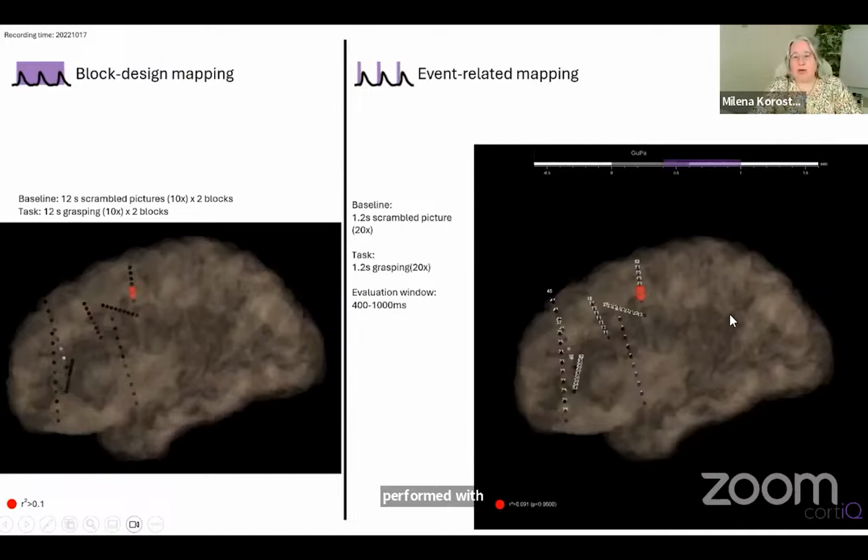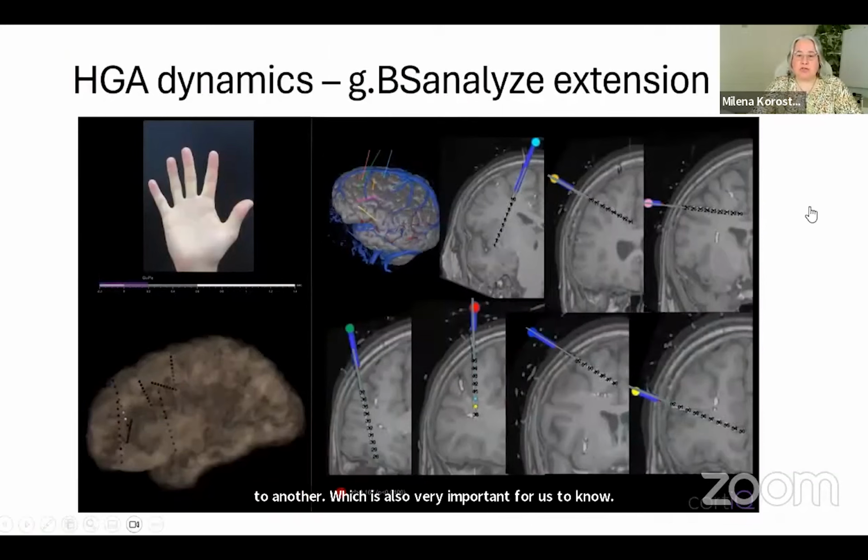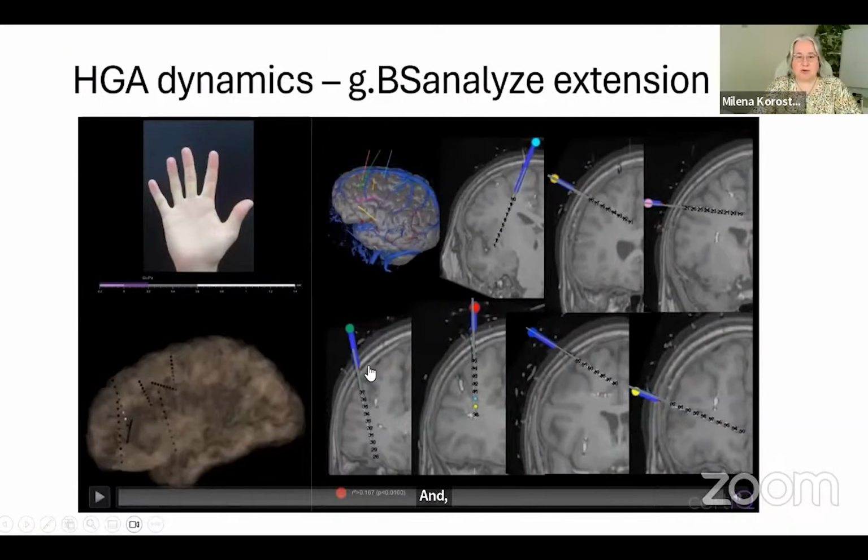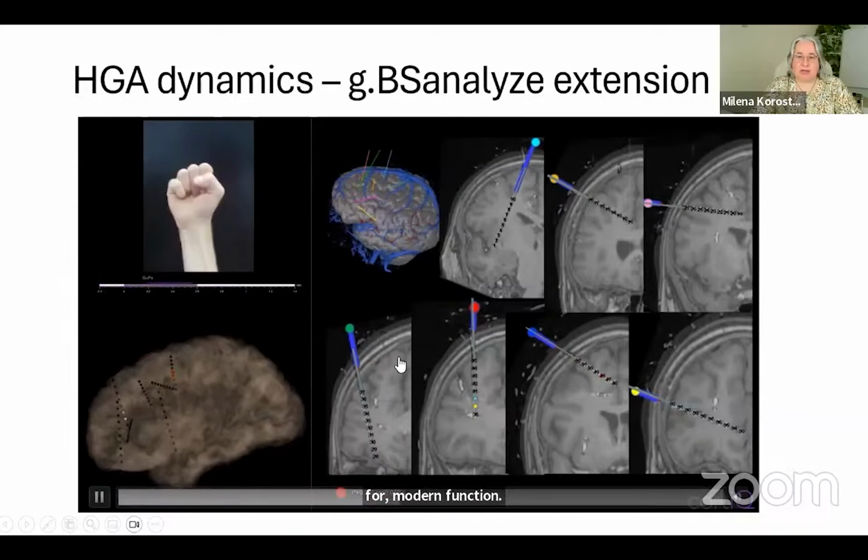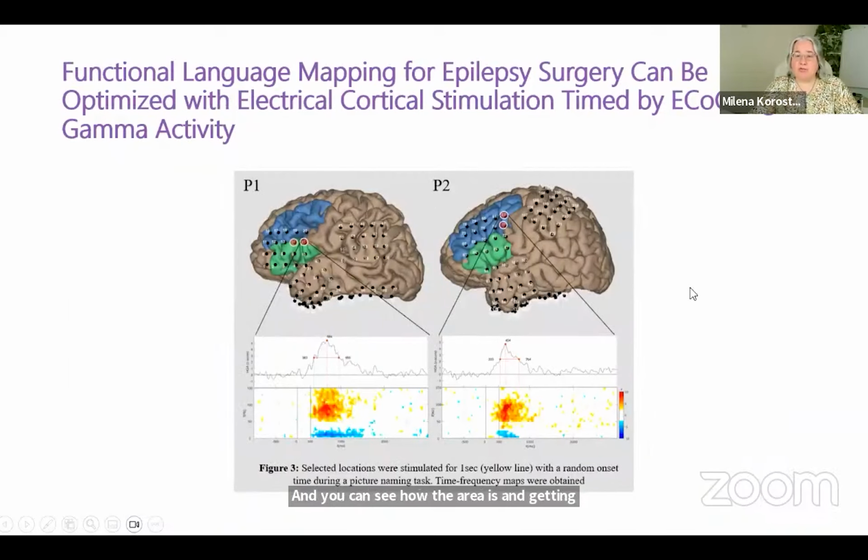So why do we need that? There are different purposes. We can see how the activity is spreading from one place to another, which is also very important for us to know. And we can track these dynamics here, for example, for motor function. And you can see how the areas are getting lit up. And also very important, and I think this is what was mentioned by Dr. Kamada,